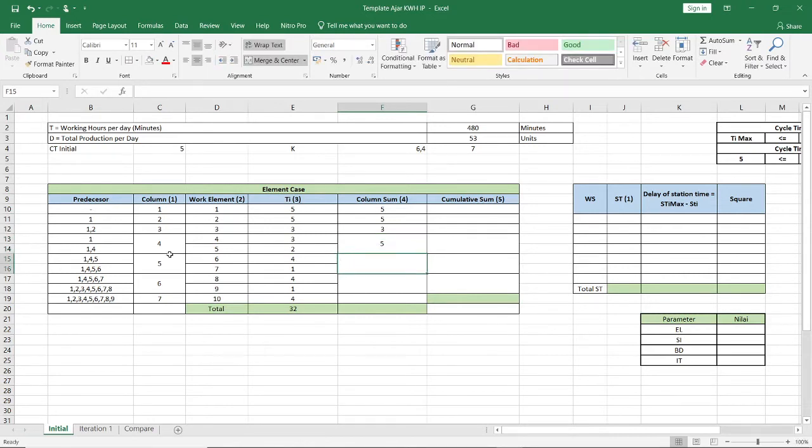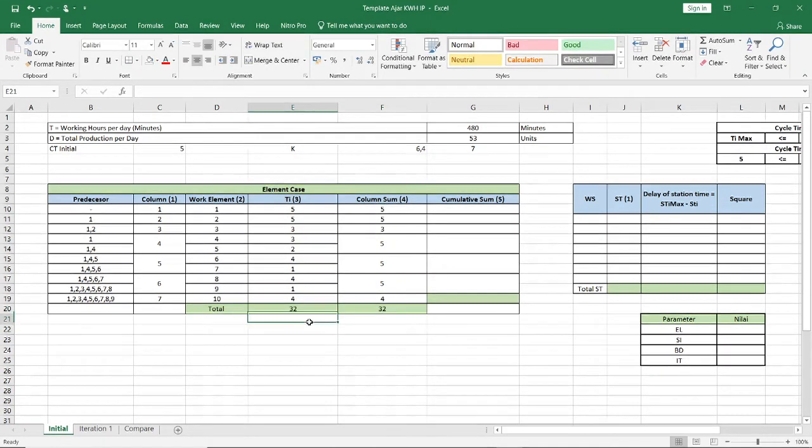And then same as the fourth workstation, the fifth workstation has 5 minutes because 4 minutes plus 1 minute equals 5 minutes. And then it is the same again for the sixth workstation: 4 minutes plus 1 minute equals 5. And the last, the seventh workstation, has 4 minutes, just like this. And then don't forget to sum all of it. Sum, and then drag down like this and click enter.